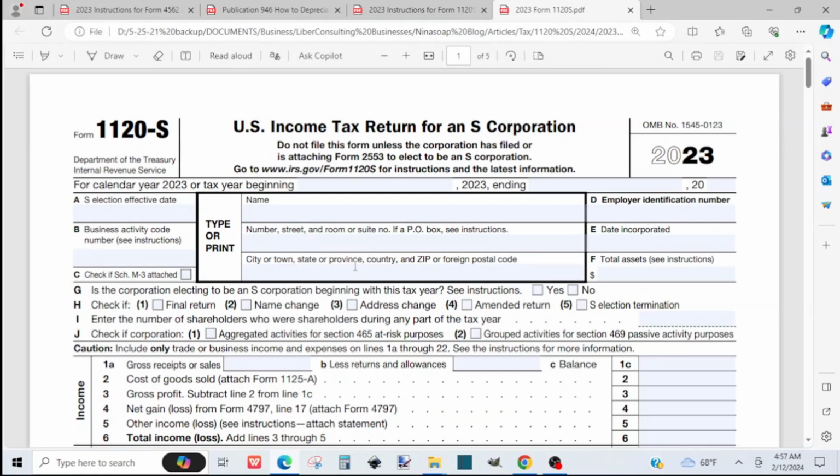Hello, how to file Form 1120S U.S. Corporation Tax Return for an S Corp for 2023. I'm just going to show how I will file this form using some numbers,